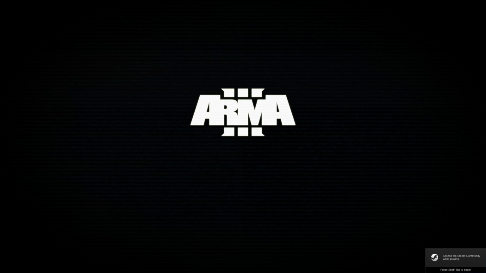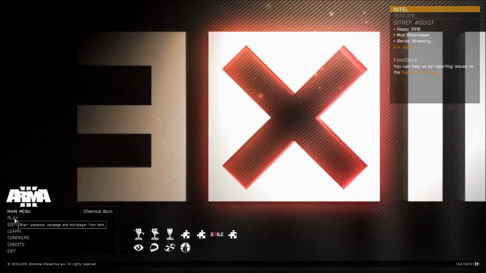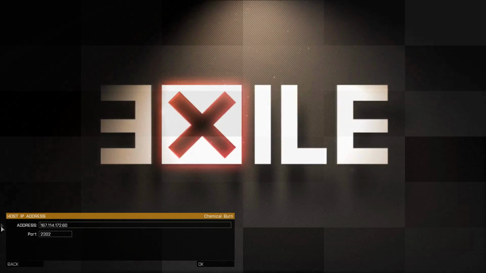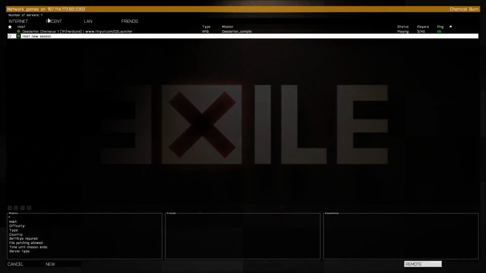If this comes in here, once you get to here, there's one last step to get onto the server. Got a couple options with this multiplayer. You can remote and type in our IP and port. Just down here in the bottom right corner is remote. Or you can go to Internet,